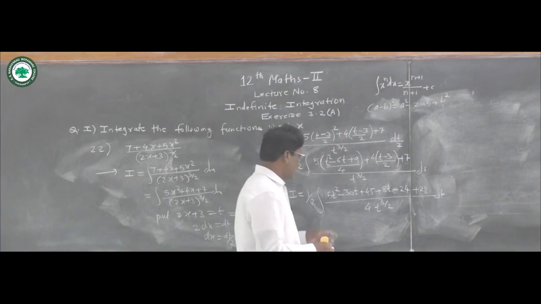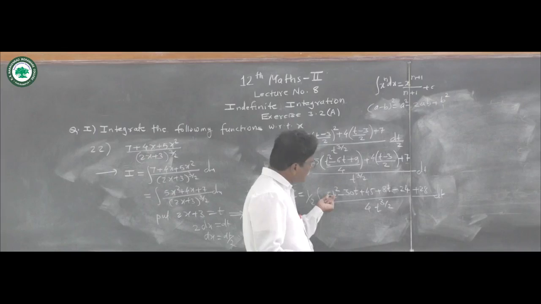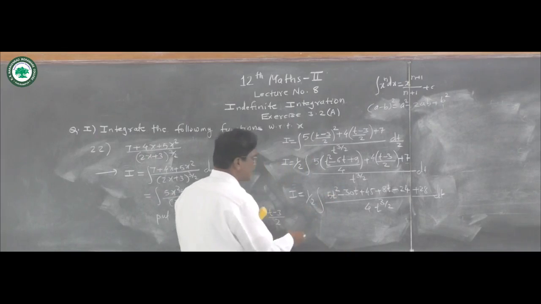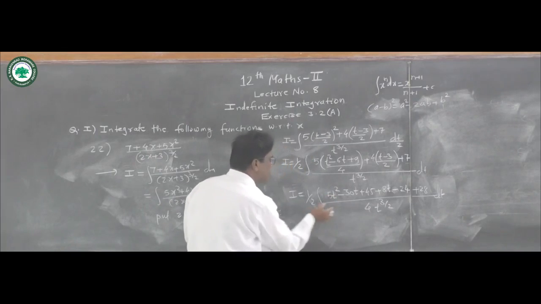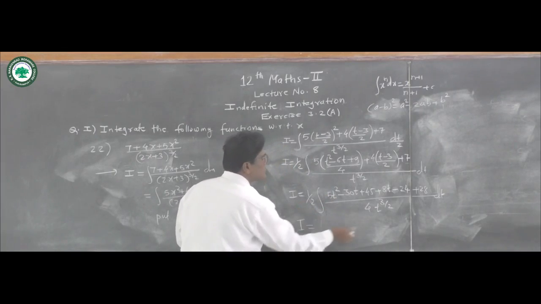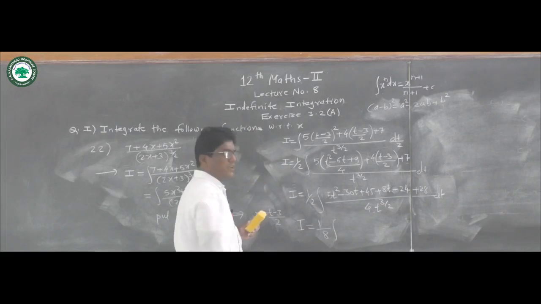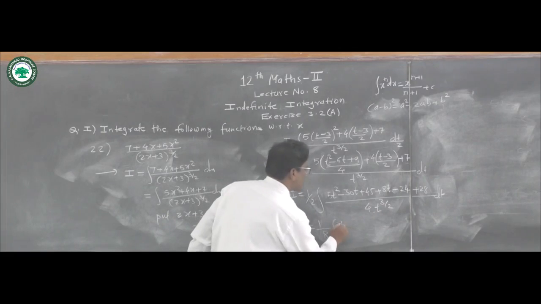Now here we take the addition of like powers. Here t square is only one term, put it as it is. This upon 4 is constant, take outside the integral, and therefore I is equal to 1 upon 2 into 4, that is 1 upon 8, integration of. Now this 5t square as it is